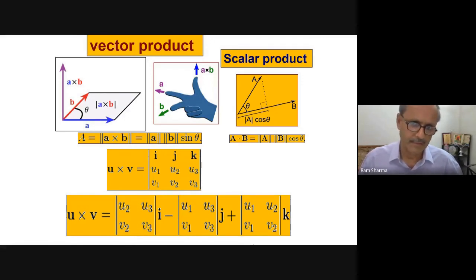The way we tell our students is that you will commit an error unless you do it methodically. So for A cross B, you write i, j, k, u1, u2, u3, and v1, v2, v3, and do it methodically, then they will not commit an error. Otherwise, the minus sign sometimes gets into problems, because people forget what to put after the minus. They may put u3 u1, then it becomes a mistake. But one may make a decision which way one has to learn.